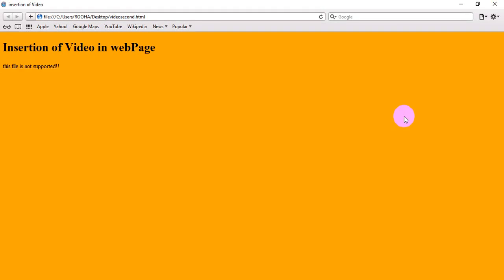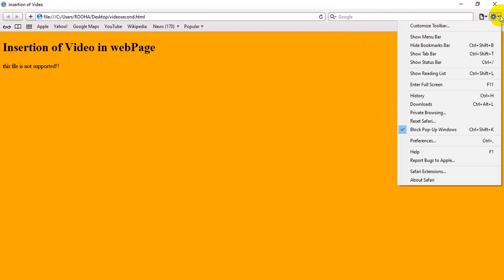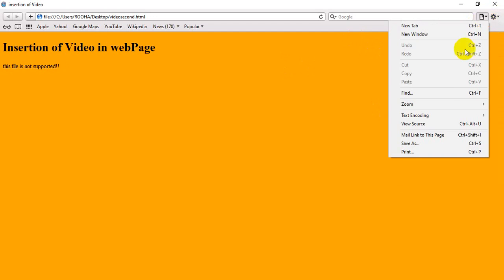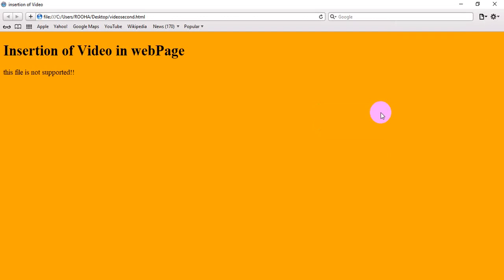It will take some time because I'm not using Safari. Now see, students, you can clearly see the message. Let me zoom in if possible. The zoom option is there, Control plus.